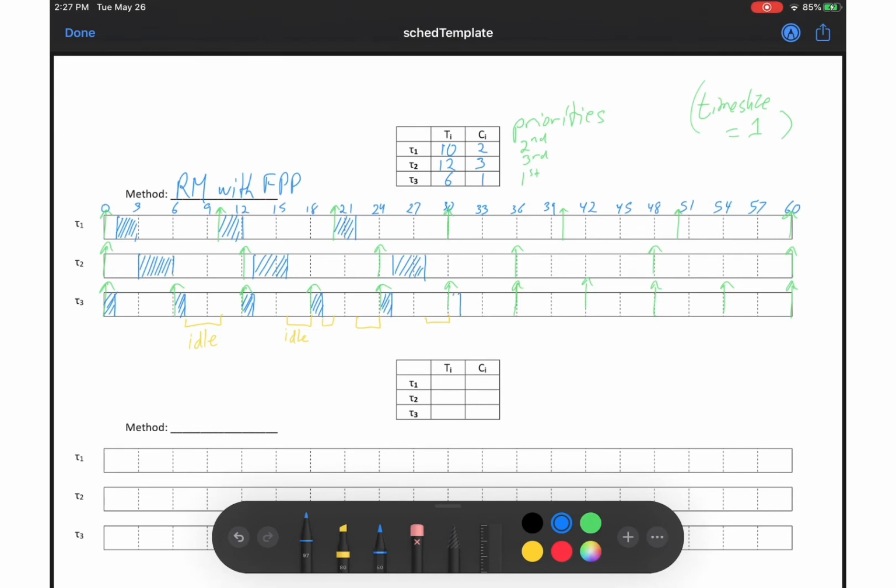Task 3 will run first because that's the highest priority, and then task 1 will run for 2 time units from time 31 to 33, and then we have another idle period of 3 time units from 33 to 36. At this point, task 3 runs again for 1 time unit, and then task 2 runs for 3 time units,